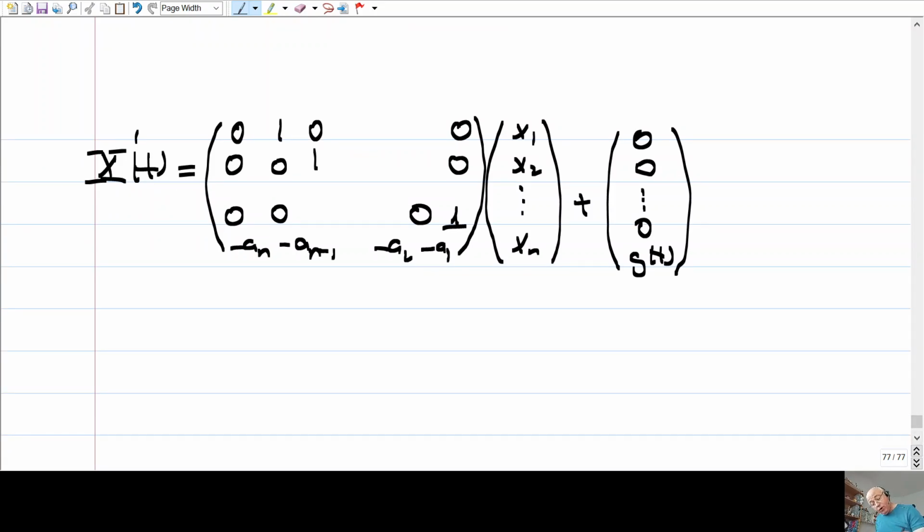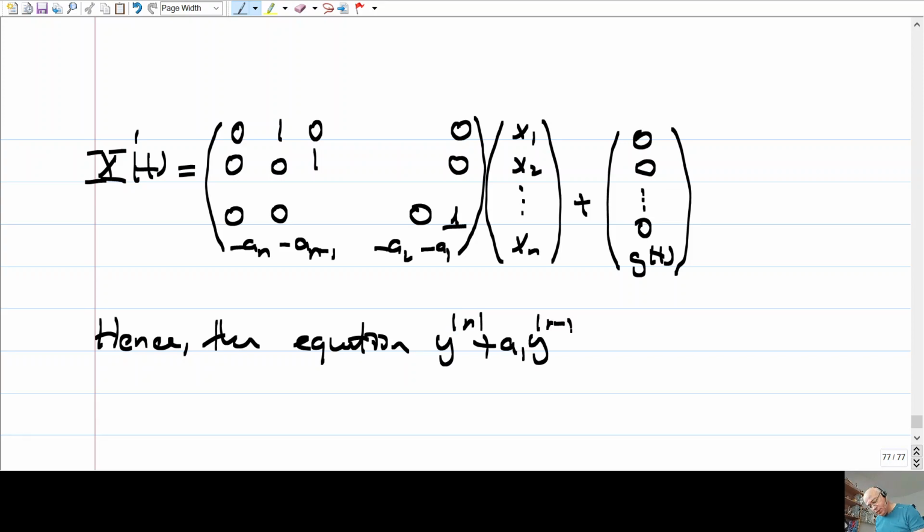So our equation, hence, the equation, what was it? Nth derivative plus a1 n minus first derivative plus an y equals gt is equivalent